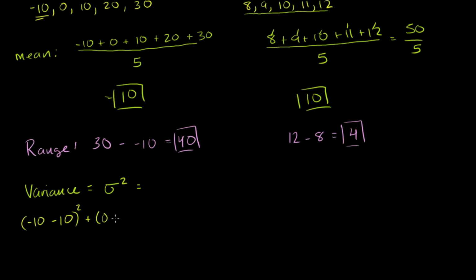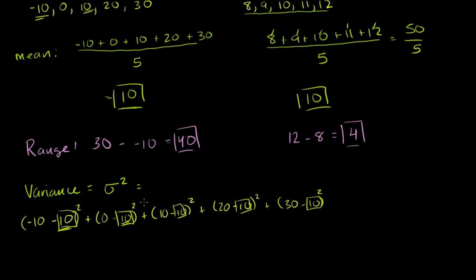Plus the second data point, 0 minus 10, the mean, squared. This is the mean. This is that 10 right there. Plus 10 minus 10 squared. That's the middle 10 right there. Plus 20 minus 10 squared. Plus 30 minus 10 squared. So these are the squared differences between each number and the mean. I'm finding the difference between every data point and the mean, squaring them, summing them up,